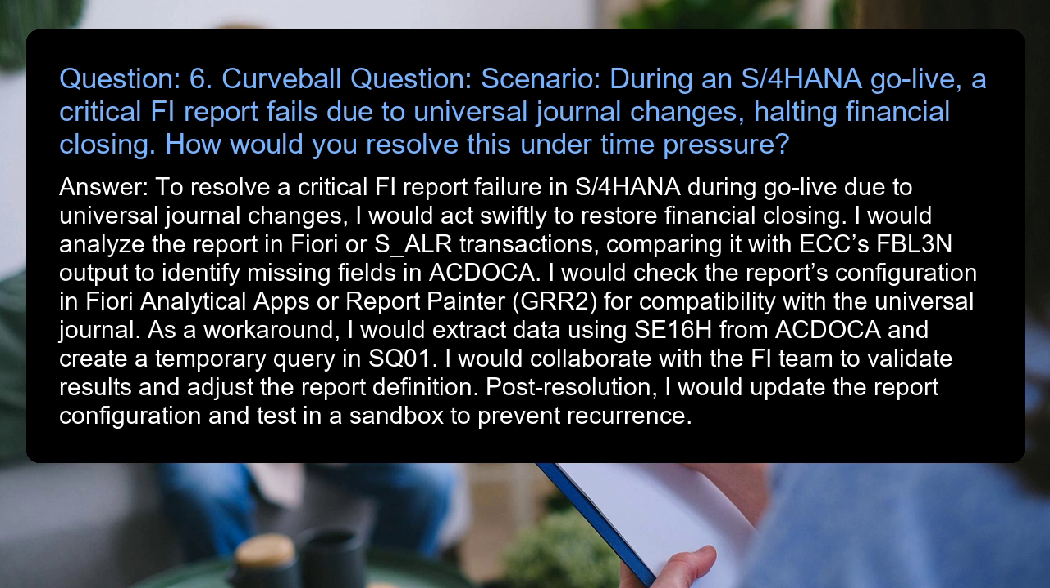Answer: to resolve a critical FI report failure in S/4HANA during Go Live due to universal journal changes, I would act swiftly to restore financial closing. I would analyze the report in Fiori or S_ALR transactions, comparing it with ECC's FBL3N output to identify missing fields in ACDOCA. I would check the report's configuration in Fiori Analytical Apps or Report Painter, GRR2, for compatibility with the